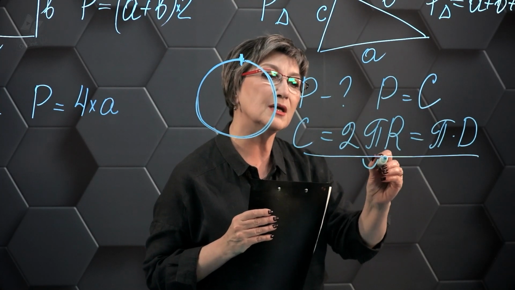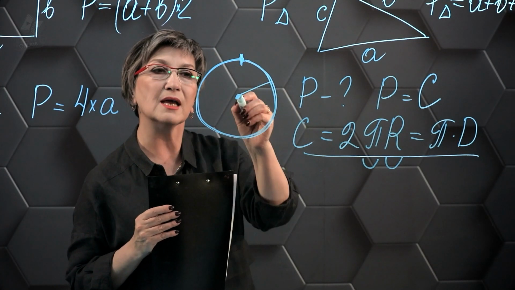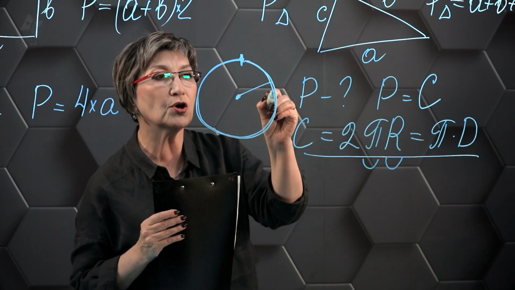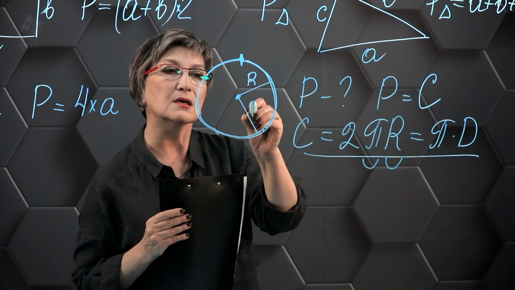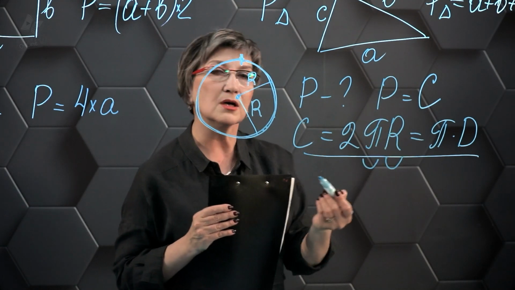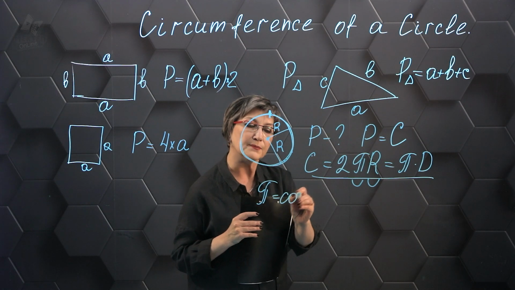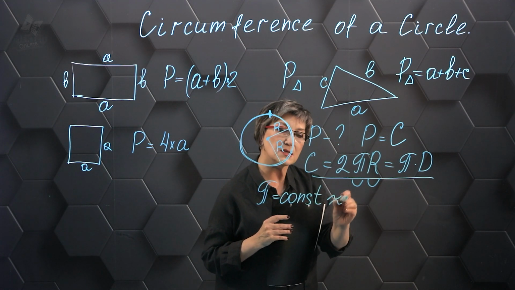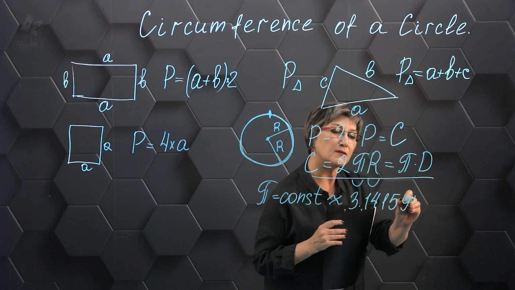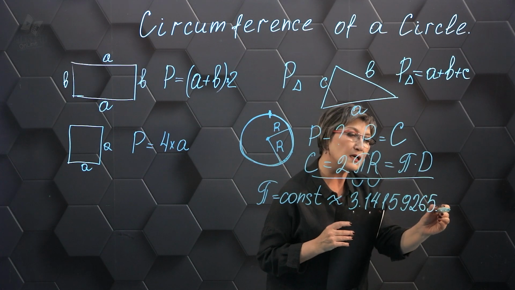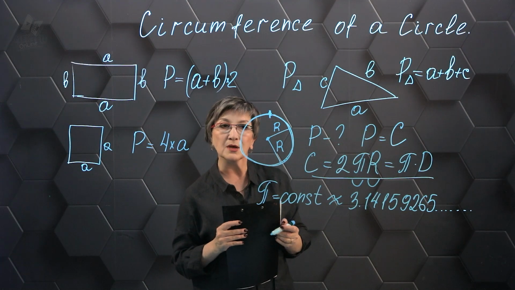What are pi and r? R is the radius of the circle. It's the segment that connects the center of the circle to any point on the circle. That's the radius. But what is the number pi? Pi is a constant number. It's approximately 3.14159265, and so on. It's an infinite, non-periodic decimal, and that's why